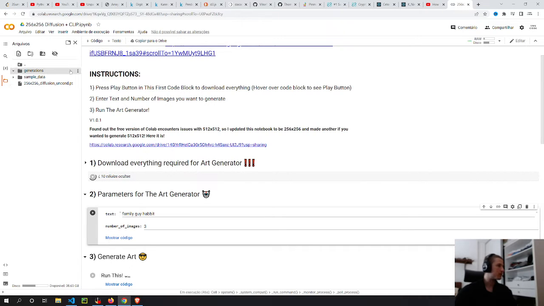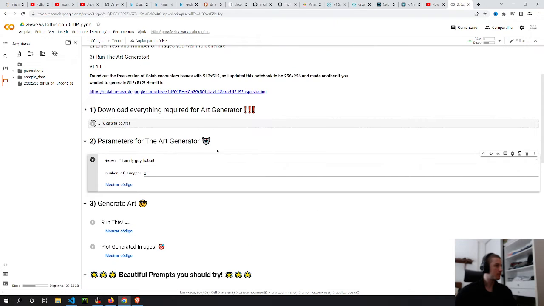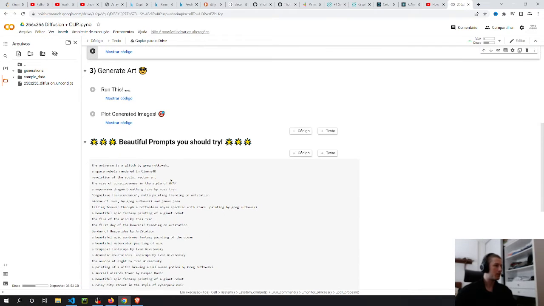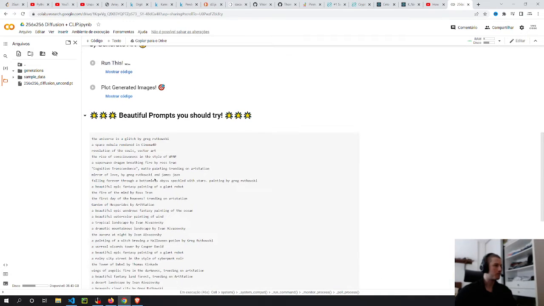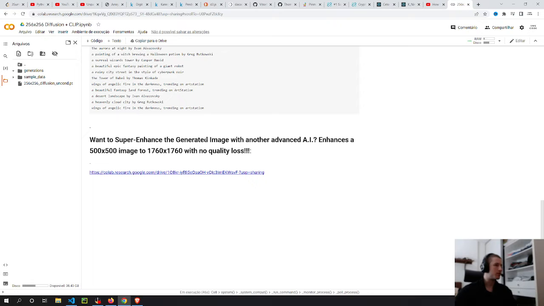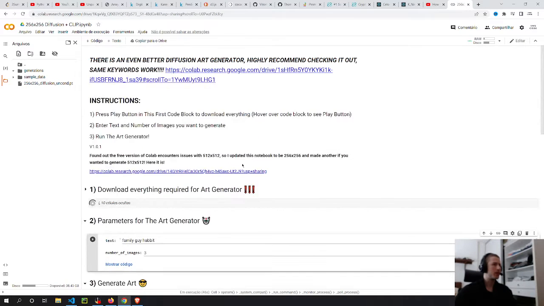So maybe I can't download the code for this one. But if I can figure out a way to download the code for this art generator, what I could do is integrate this into the NFT project. But I think it might be too complicated, so I think it might be easier to